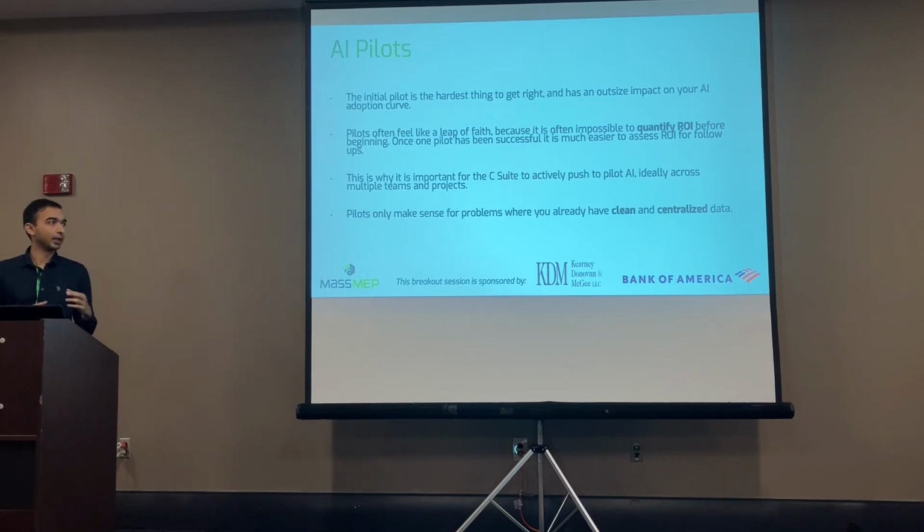But if you really crush it and you get a pilot where you can say this cut our cost by 50%, and, say in sales, you're getting double the number of qualified leads for your salespeople, after that first pilot you just have all the numbers you need to justify rolling it out into adjacent teams or adjacent projects. And I think this is really why you need this top-down directive for AI, because at the end of the day you're going to have to overrule some standard processes and say, all right, we're trying this, we're going to allocate some money for it, we don't have the justification yet. We're just going to do it.